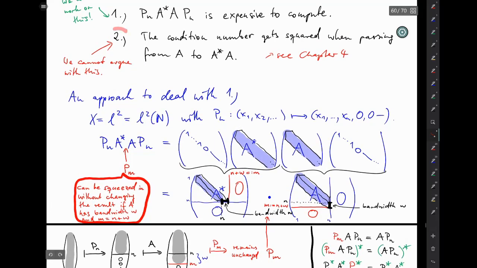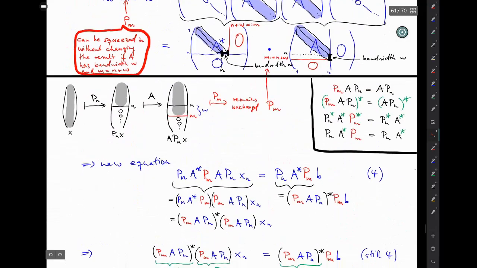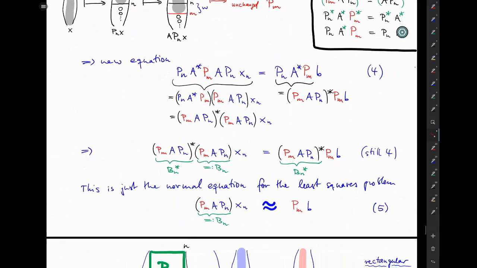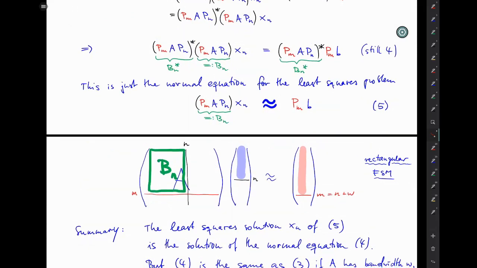And then issue number 2 was squaring your condition number, because you work with A star A instead of just A. By the way, we even solved that problem because in the end, when we said 4 is just 5 in disguise, we again went away from A star A down to just A. So also that problem was solved, because in the end, when you're a person working in numerics and you want to solve a least squares problem like this or that,